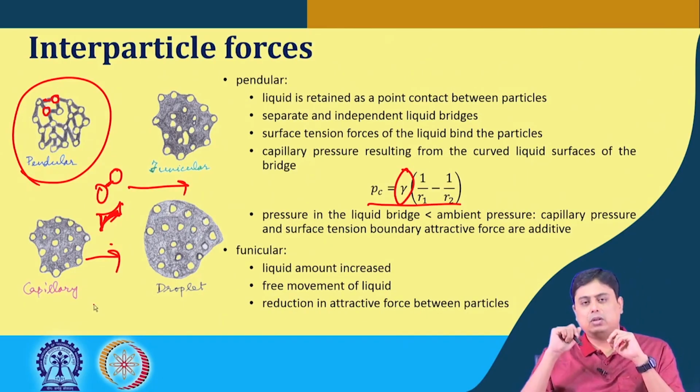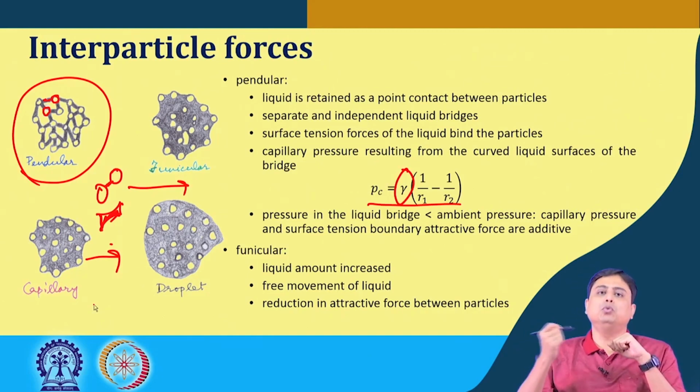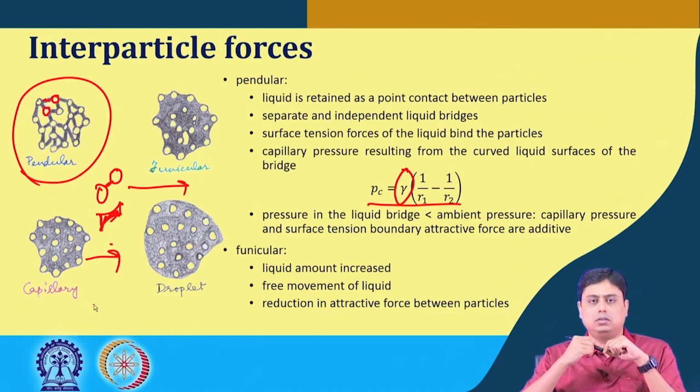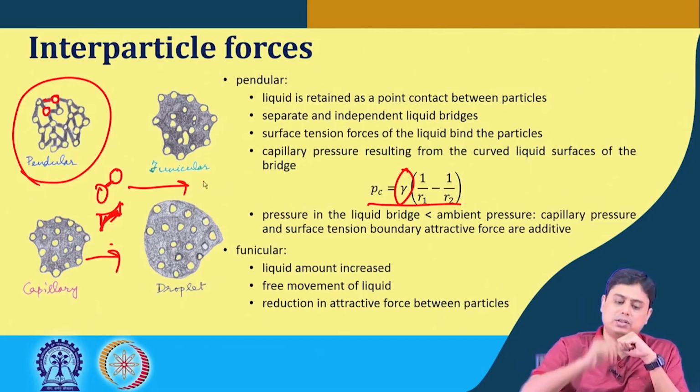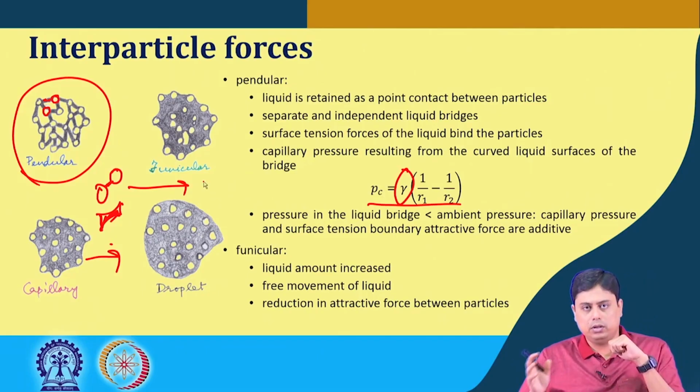So, a minimum amount of liquid, point contact between the particles, is the pendular state, where we can identify each and every bridge separately. As the amount of liquid is increased, there will be some free liquid that can move, and it moves to the funicular state,